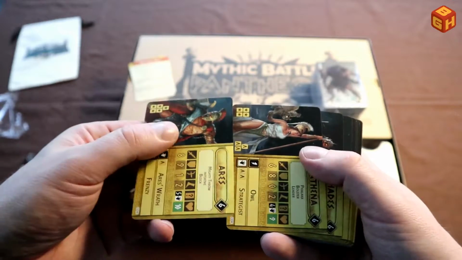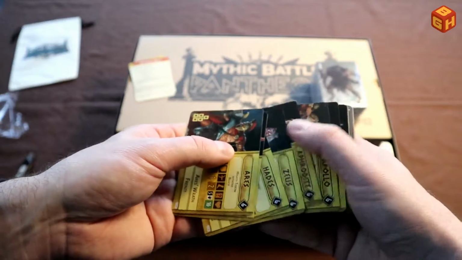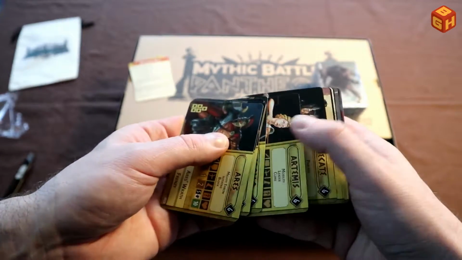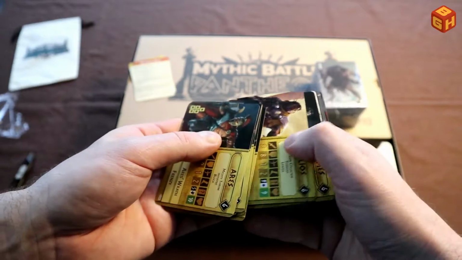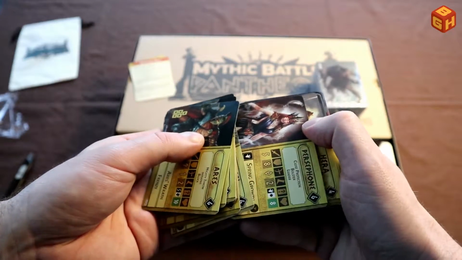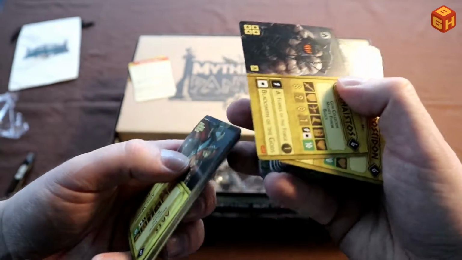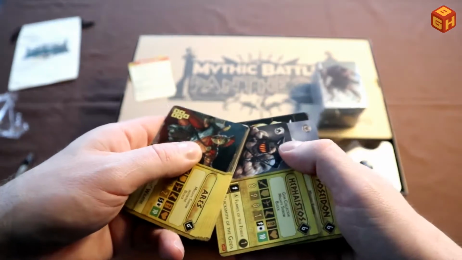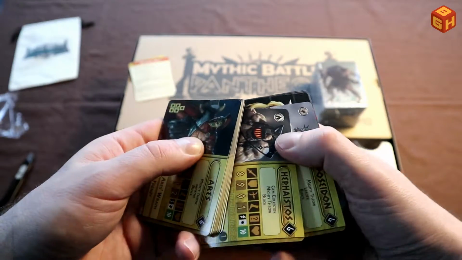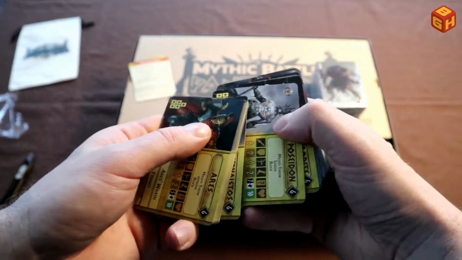So we have additional cards here for Ares, Athena, Hades, Zeus, Aphrodite, Apollo, Artemis, Hecate, Helios, Hermes, Pan, very cool, Persephone, Hera. I'm not going to remember all those names. I know them from Greek mythology, but I just don't know them well enough to know them all by heart. So if I'm going through the minis and I forget a name, please forgive me. Hephaestus, Poseidon,